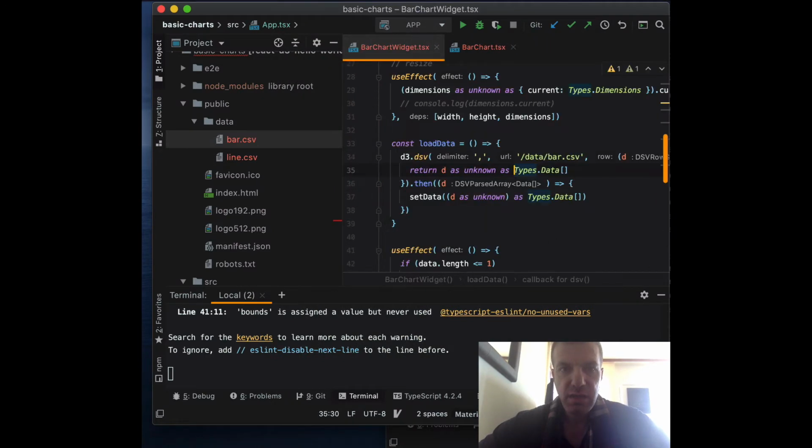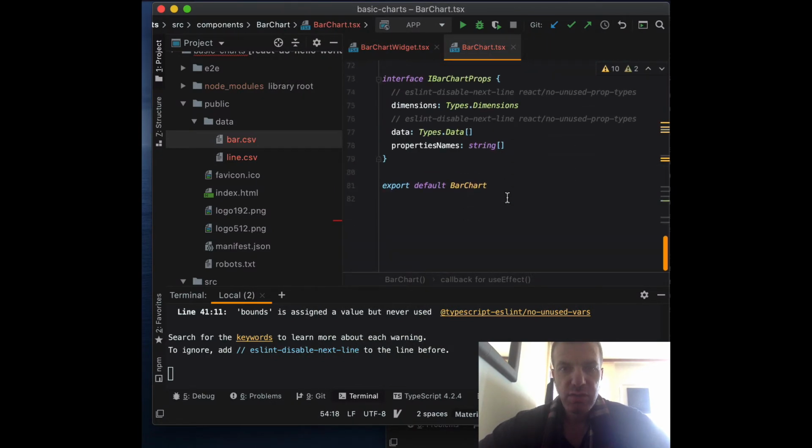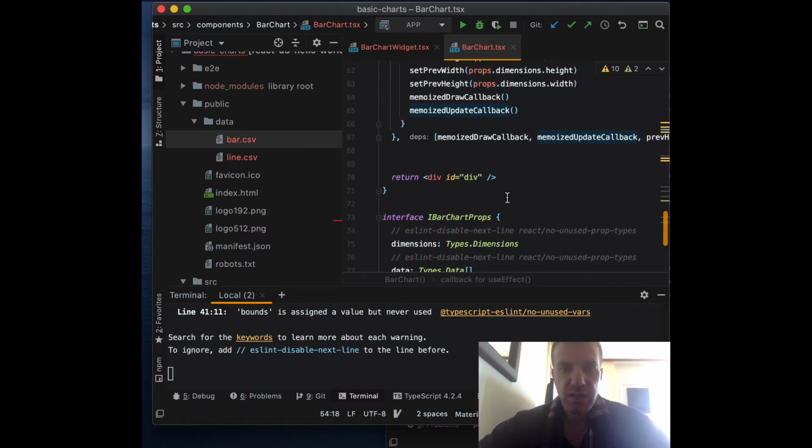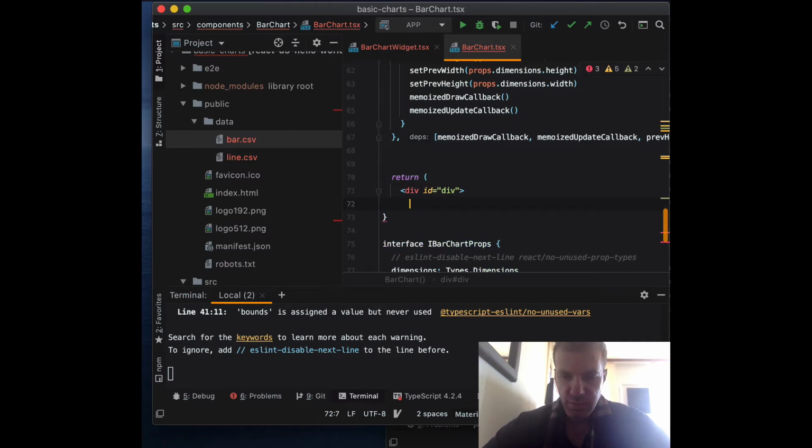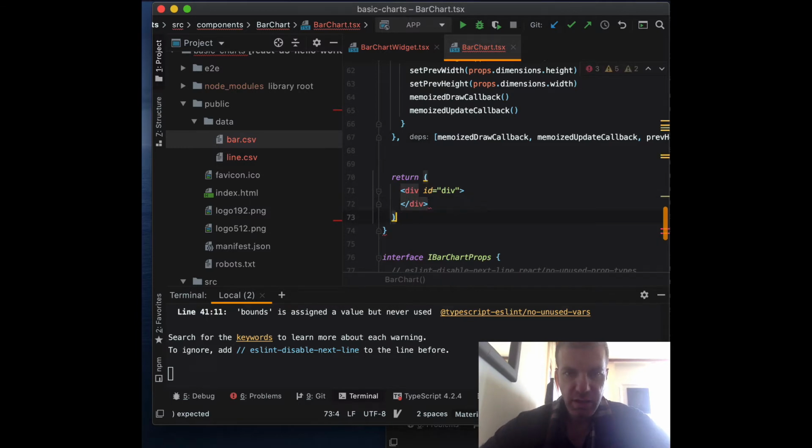Now the next step for us is to decide how we're going to handle the elements. What I'm going to be doing is setting most of the elements as JSX, and then we can access those elements if we need to make changes on a resize or anything else we're doing. So we need to put a bracket because we're going to expand that div. Let's open and close the div and close the bracket, and then inside of our div we need to put a few elements. We need to put the SVG element,